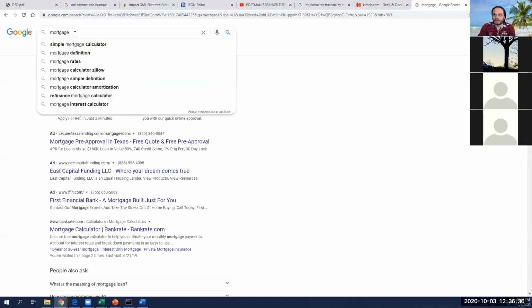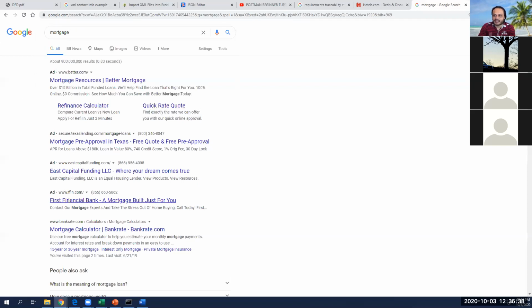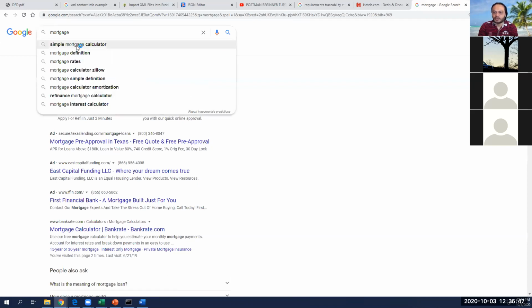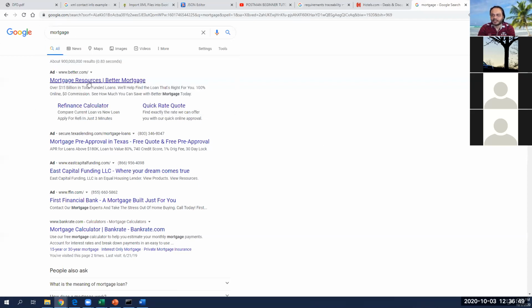I come here, I search mortgage, and I see these ads. The moment I click on one, Google is charging me 50 bucks. Mortgage or loans is a very popular word. They would charge at least $35 to $40 the moment I click on this website. So if you randomly go and click on any of these sites, say I do this Bank of America,